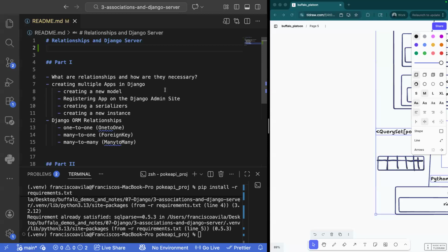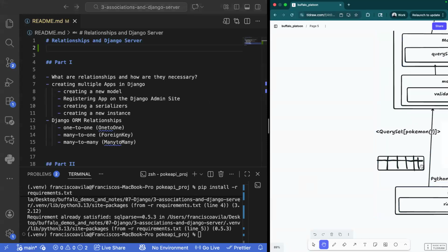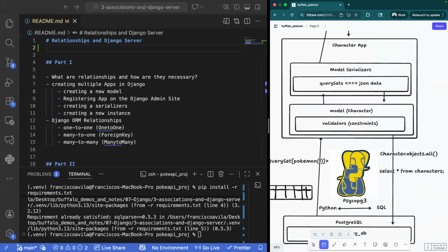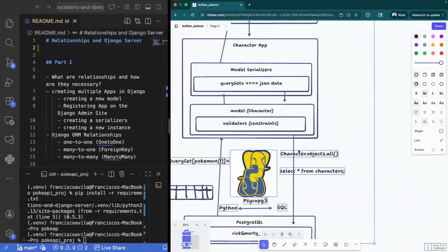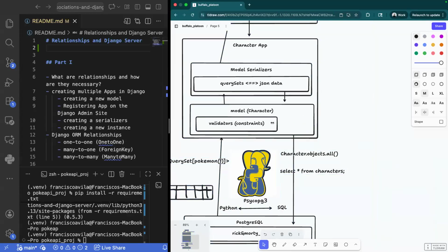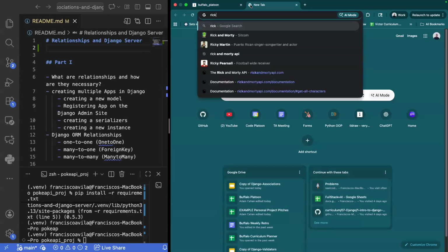Now, let me go ahead and scroll over here on our example that we've been working on in TLDraw. Today, we're going to be talking about relationships, and I just want everybody to be tracking that the concept of relationships still falls within our models portion. All right, so here I can go ahead and open up a model, or I can state, hey, relationships also fall within the model. For example, if I take a look at the Rick and Morty API, which is what we're seeing here,